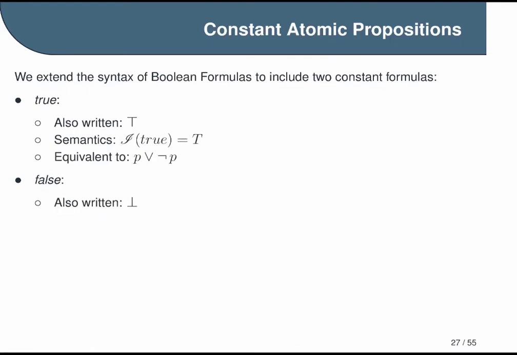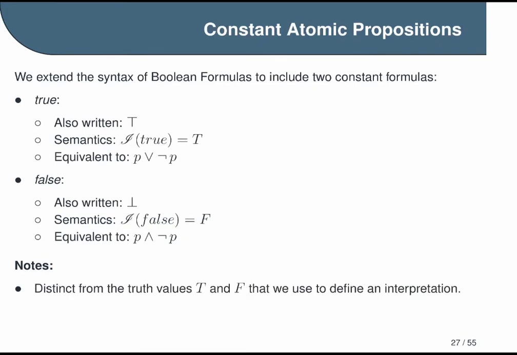Likewise, the constant formula false is sometimes written as a bottom symbol, or an upside down skinny T, as I call it. It always evaluates to false under every interpretation, and it's exactly equivalent to any contradictory statement, like, for example, P and not P. Generally, adding these constant formulas makes things more clear, but there is one small hazard,